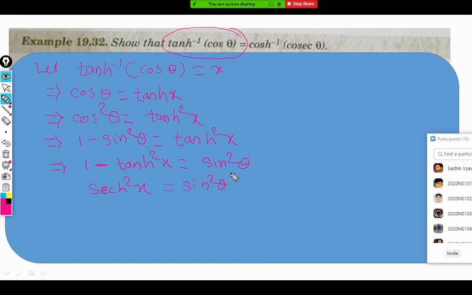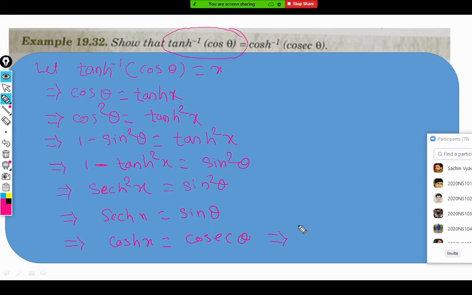I think by replacing iota also you can prove it. You can try it. Now we don't want sec. Instead of sec, we want cos h, and here is a cosec. So take reciprocal on both sides. First of all, you get sec h square x is sine square theta, so sec hyperbolic x is sine theta. Taking reciprocal on both sides, we say 1 upon sec is cos. Cos hyperbolic x is equal to cosec theta,